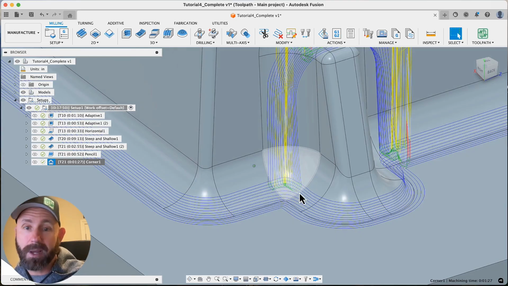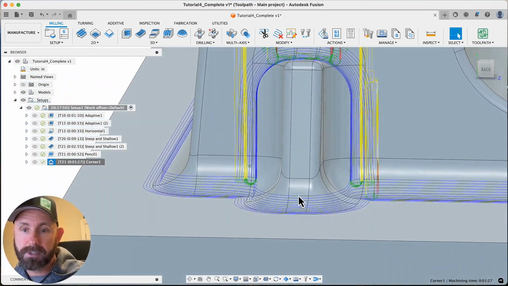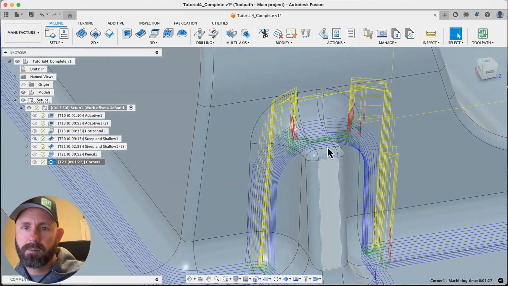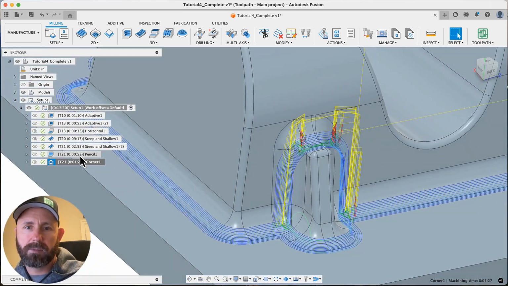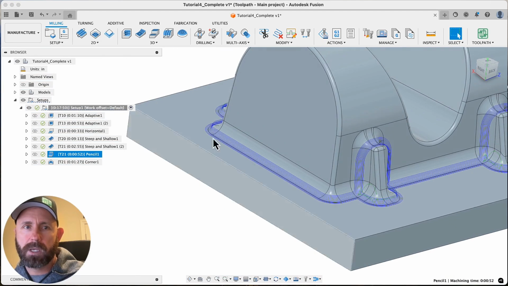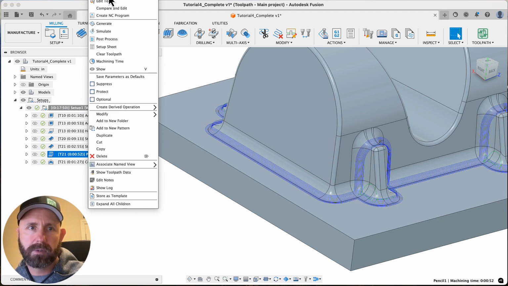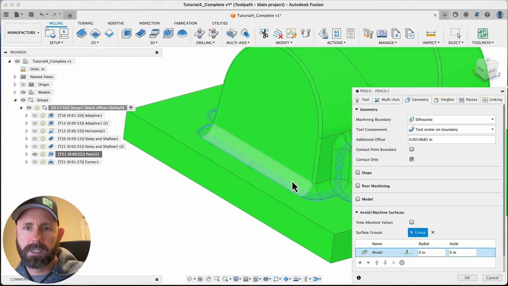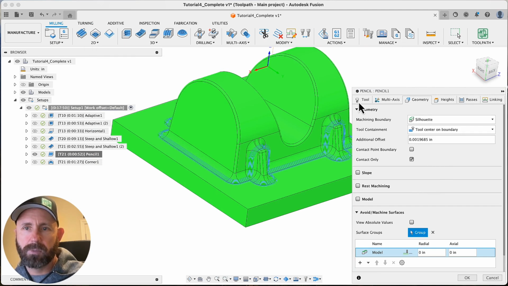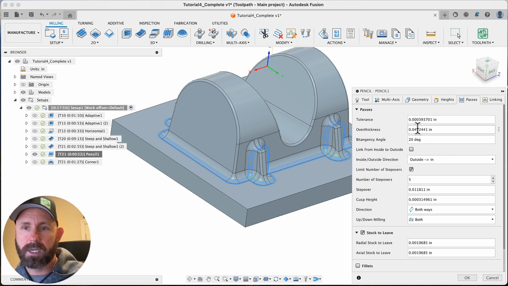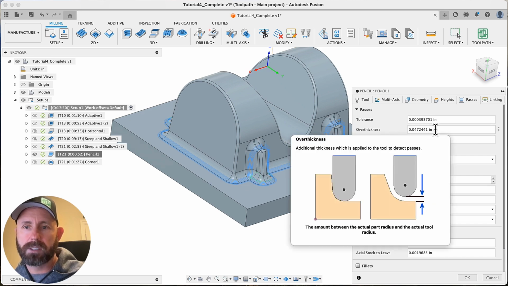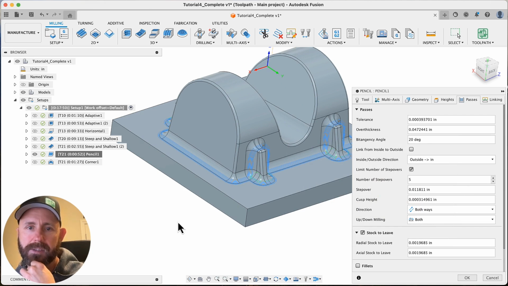Yeah, so this is great. It's actually really good, but I don't love how it broke it up here. I'd probably stick with this. And learning the pencil toolpath is a whole video by itself. But essentially, you pick a tool, and then I'm sure there's some over thickness. Yeah, this over thickness is worth reading this tooltip, but it basically says